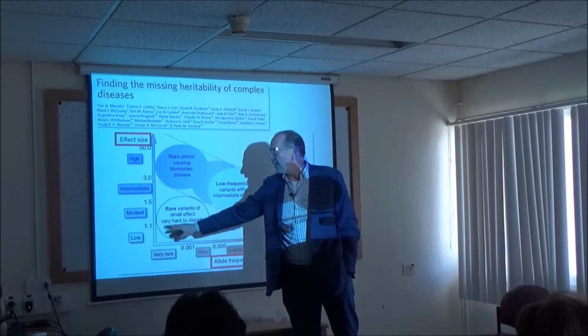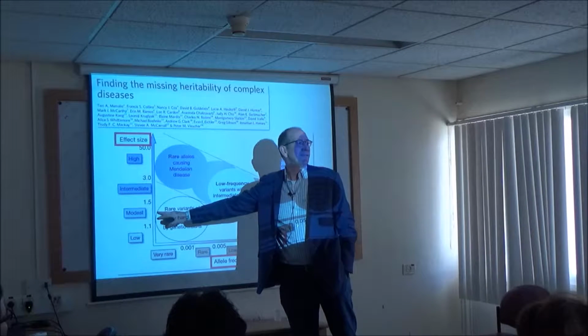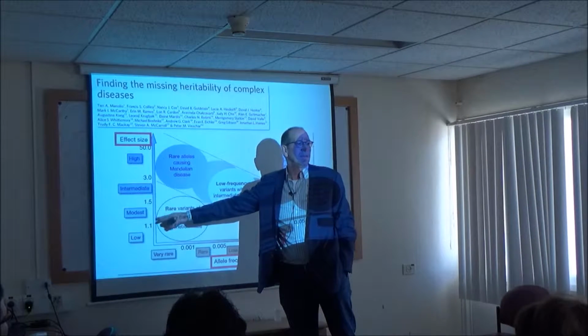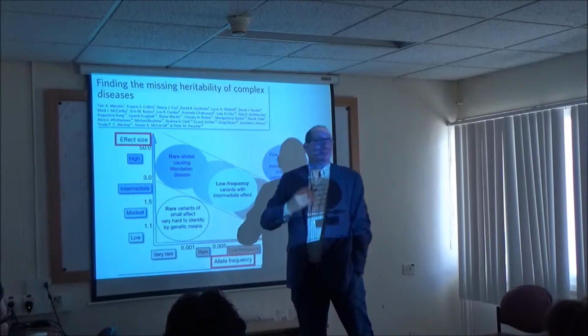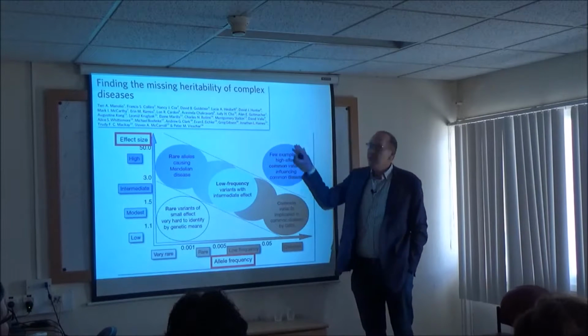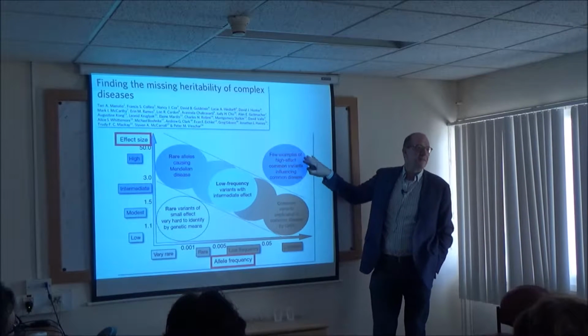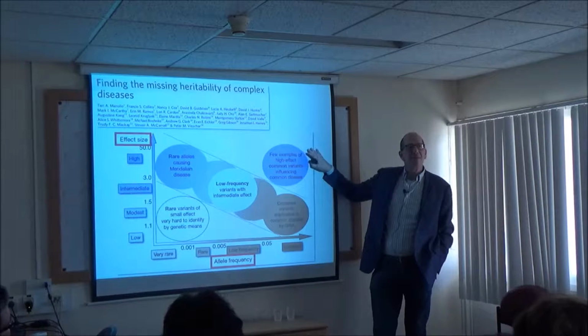So when you look at this space, it's pretty clear that down here, things that are both very rare and have tiny effects we'll never find, right? It's just impossible. You know, if something's 1 in a billion and the effect size is tiny, you're never going to find them. If you look up here, we're also pretty sure we're not going to find anything in autism